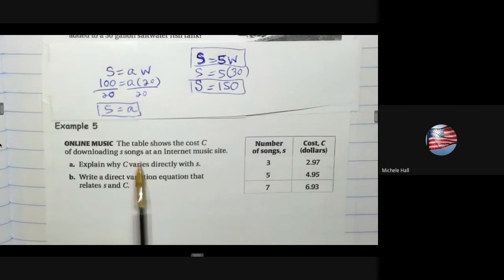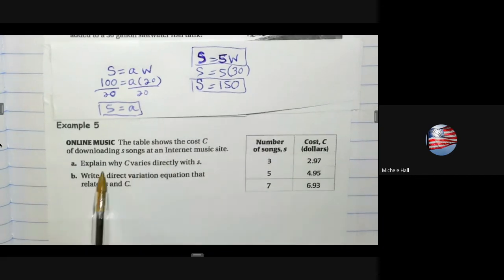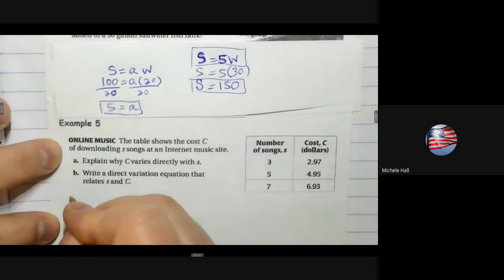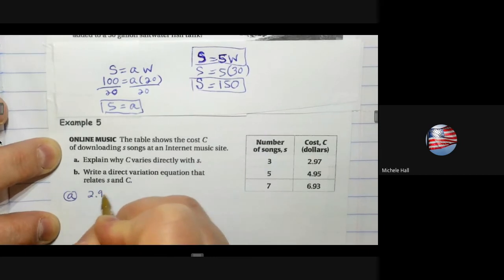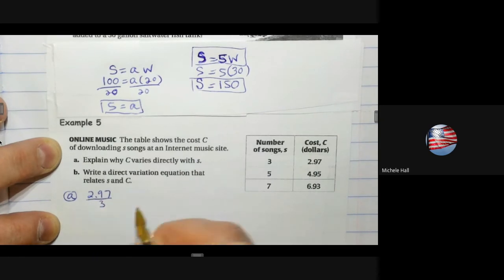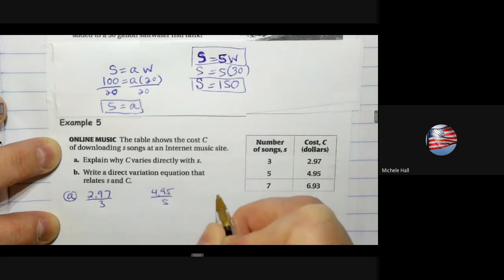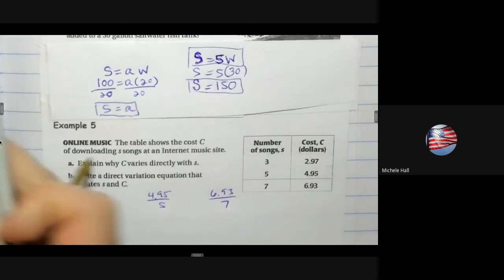Online music. The table shows the cost C of downloading S songs at an internet music site. Explain why C varies directly with S. We could compare the ratios. Let's look at the ratio of $2.97 for 3 songs and $4.95 for 5 songs, $6.93 for 7 songs. Using my calculator,